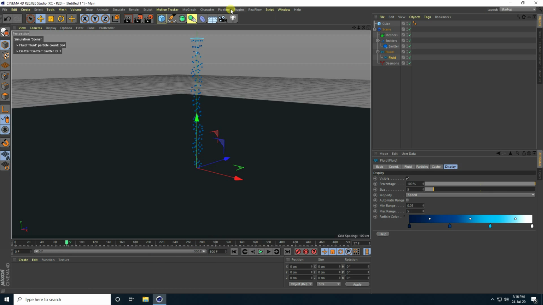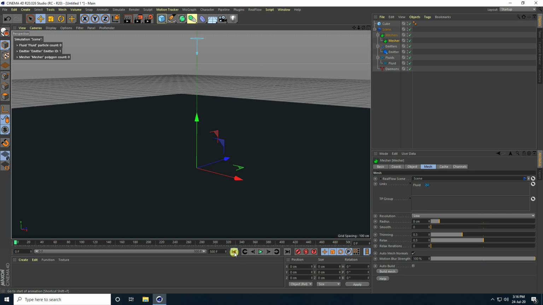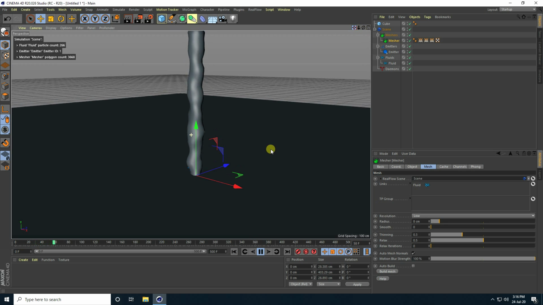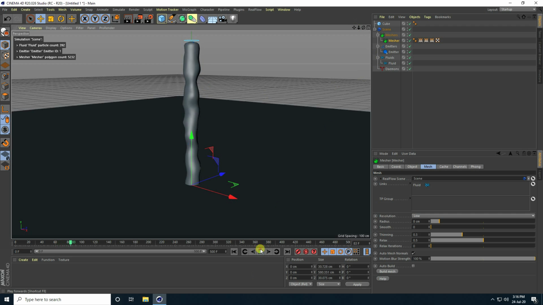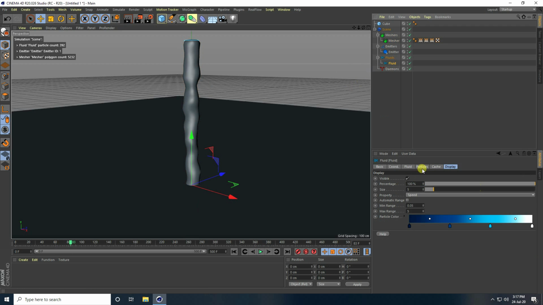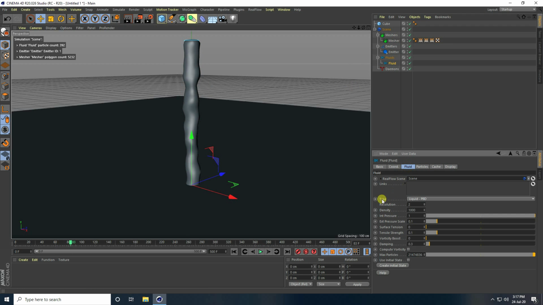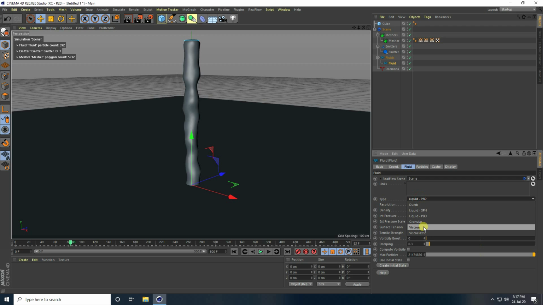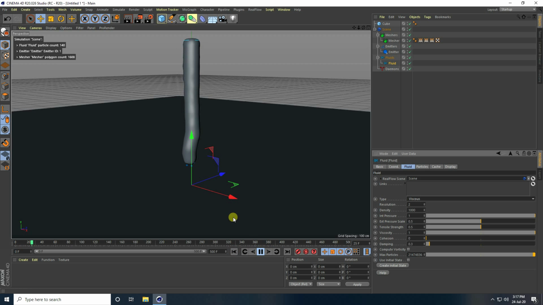Yeah, and now guys, this time I take the mesh tool. Yeah, and play. Yes, see guys, that's my simple animation, but I don't like this one, so stop. So go to flood and go to particle flood here and type, I change like this one, this one. Yes, so play. Yeah guys, see that's smoother. So stop guys, I increase the resolution like 100 and density take double like 2000.